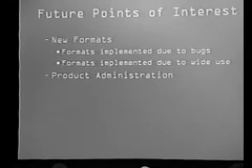Product administration was another thing. The security of their product administration tools tends to be a lot worse than the security of the actual core antivirus library. And so it's kind of scary when you consider that these tools are designed to push updates out across entire enterprises. I mean, with the click of a button, you can send an executable to every antivirus on servers and desktops in your entire enterprise. However, the product administration tool itself is vulnerable.